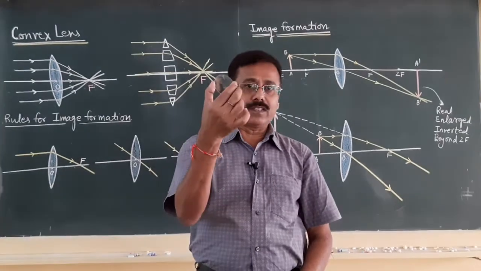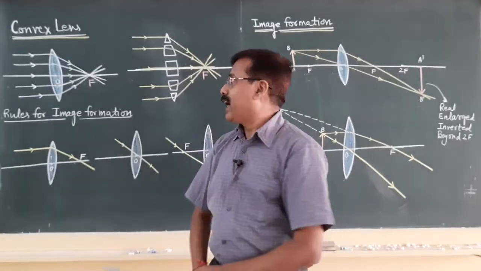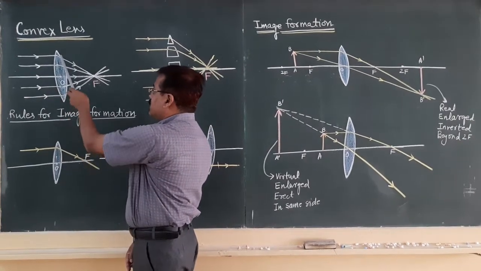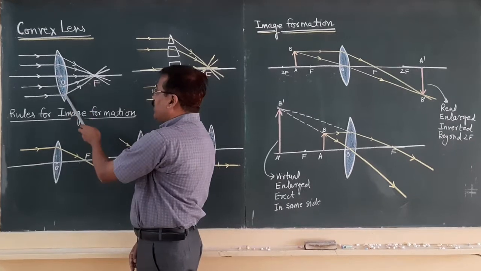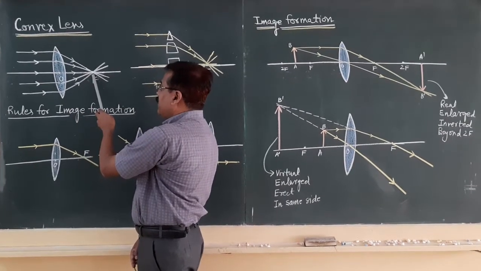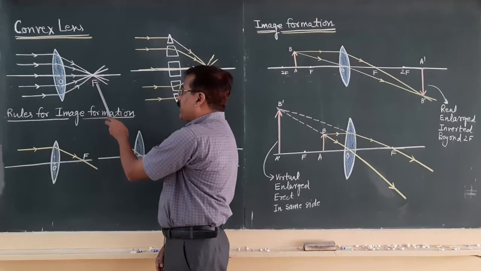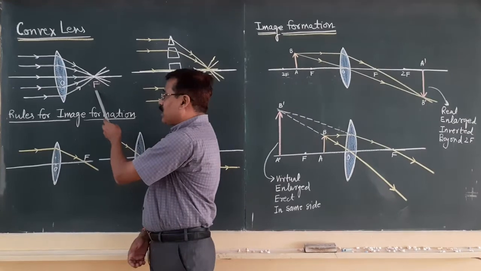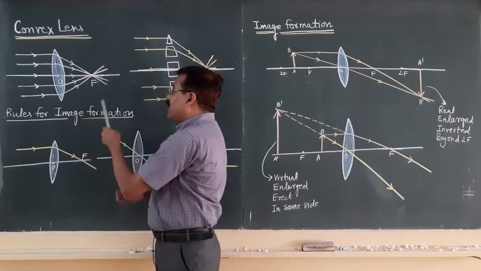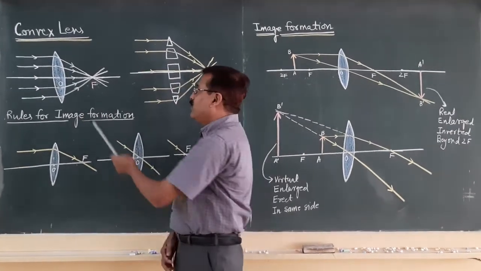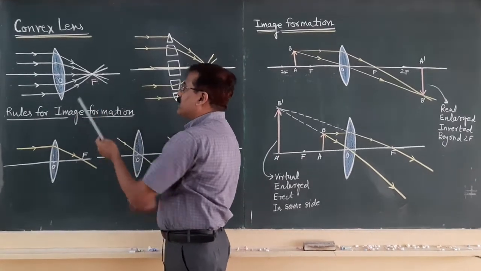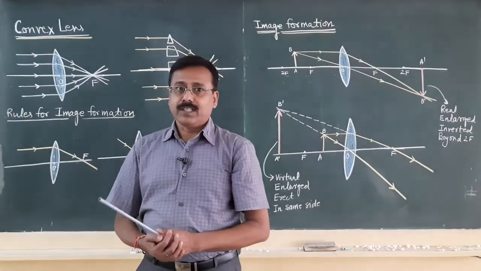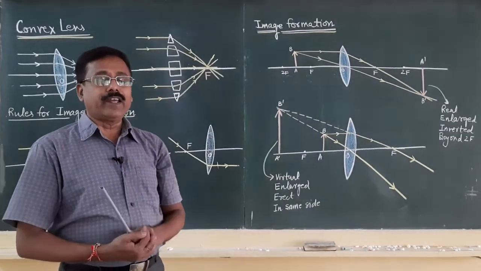So, this is the convex lens, and in the diagram, when parallel rays of light are incident on the convex lens, after refraction the light rays intersect each other at a particular point, which is called the focus. It means we have, number 1, a real focus. Number 2, we have a real intersection point of the refracted rays through this convex lens. But how do we justify that the focus is formed and why the light rays are refracted?